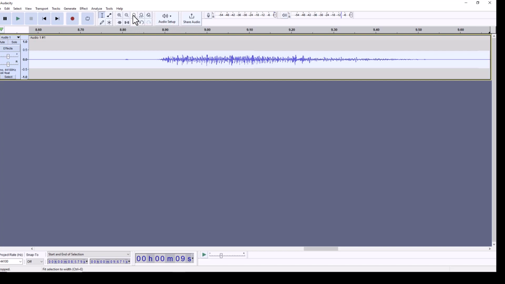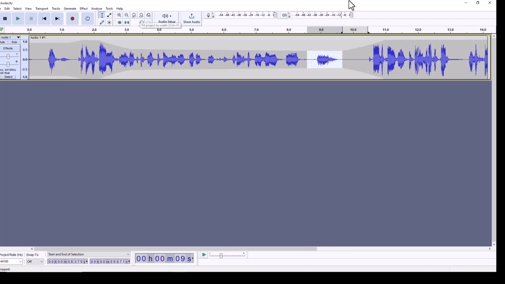It takes up the whole span of my screen, so I can make really fine edits to that. This button allows you to adjust your whole entire project to the width. So that is the true bird's eye view. So even if you had 45 minutes of recording, if you click that button, you're going to see all of it all at once. So those four buttons are really important.